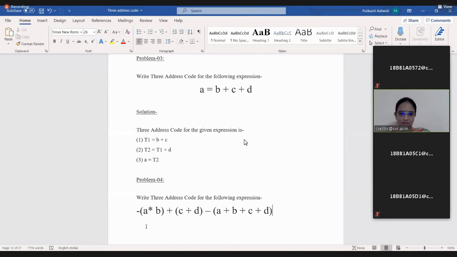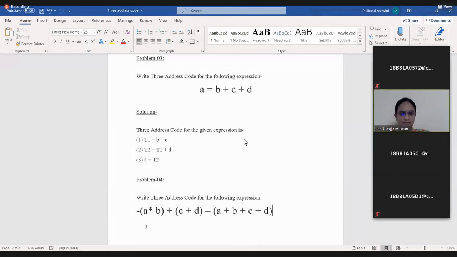Next, T5 equal to A plus B. Afterwards, T6 equal to T5 plus T3. In T3 we have C plus D. Seventh step, T7 equal to minus T6.